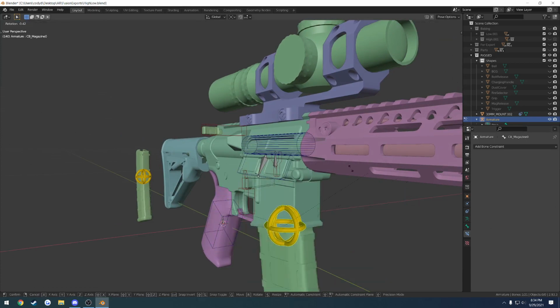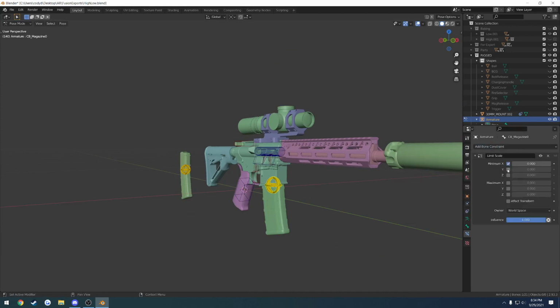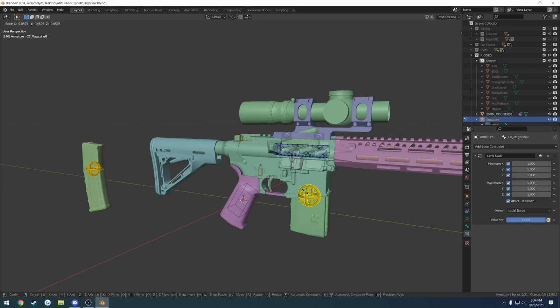So magazines, you want to be able to rotate and move around, so we don't really want any constraints on there. You don't want to scale it, obviously. So you would add a limit scale, tick, tick, tick, tick, tick, tick, tick, and local. And I just realized I did those all at 0, so let's limit that to 1, and then I cannot scale it until I go into that negative value,